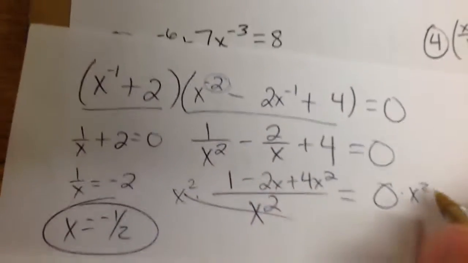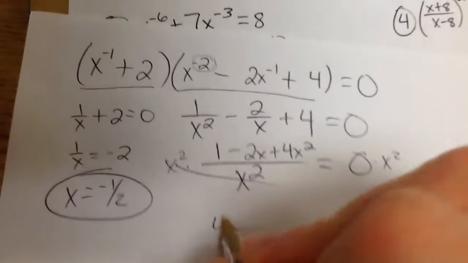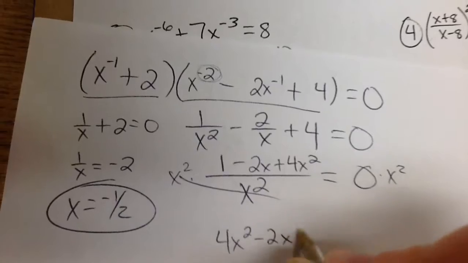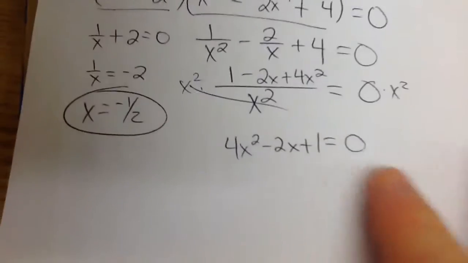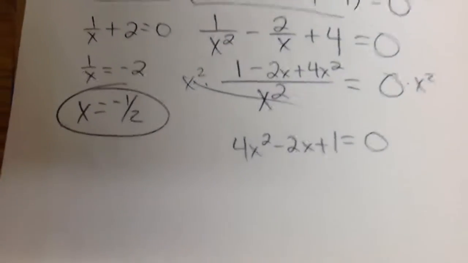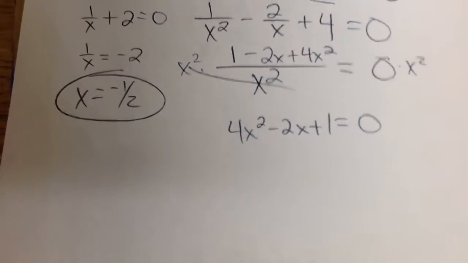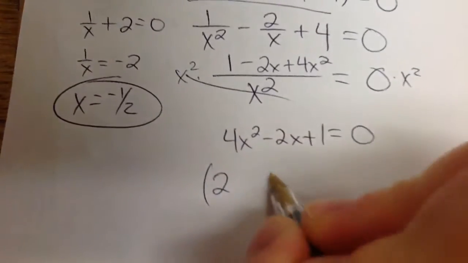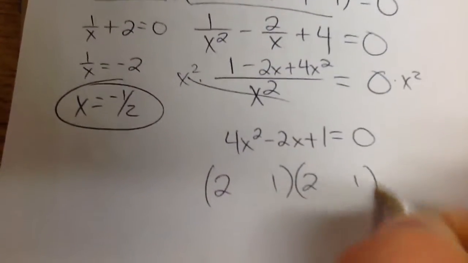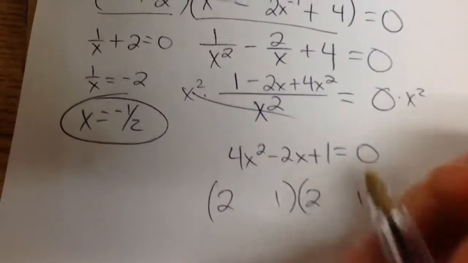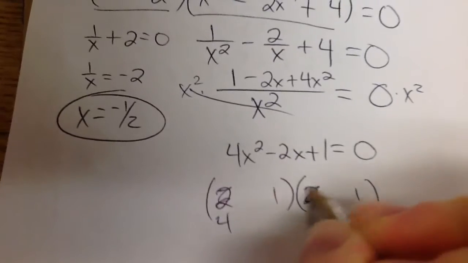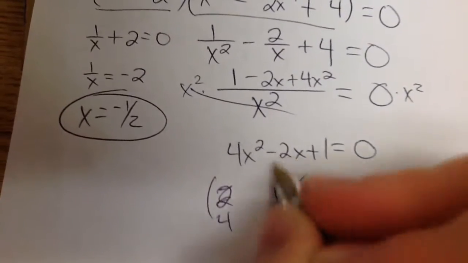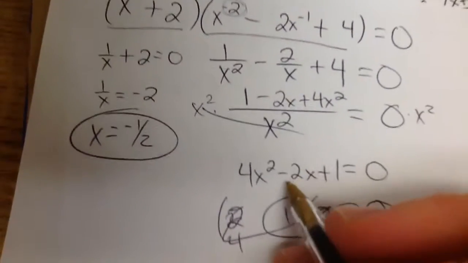And this is going to look like magic to some of you. So now I have 4x squared minus 2x plus 1 equal to 0. Is that factorable? Let's see, 1 and 1, 2 and 2. 2 and 1 and 2 and 1. 2 and 2 don't make 2. If I make it 4 and 1, I can't get a 2, but I can do the quadratic formula now because